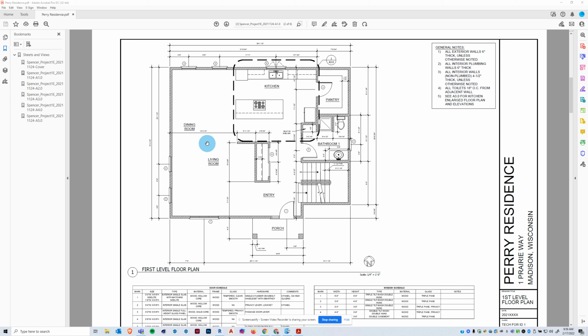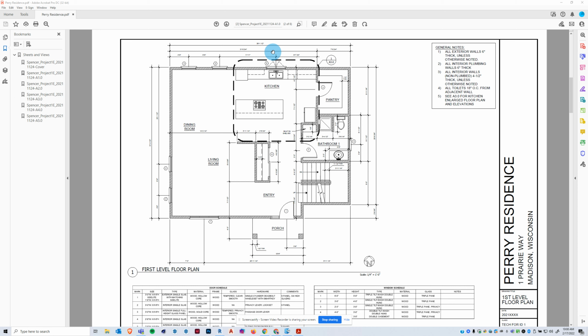Okay, the first thing I want to do before I get into the file and start setting up the file, bringing in my title block and things like that, is I'm just going to, just so I have it on hand, write down the big dimensions around this whole exterior wall right here. So what I mean is just the overall. So it looks like I have 38 foot 1.5 for the top. So I'm just going to write these down. 38 foot